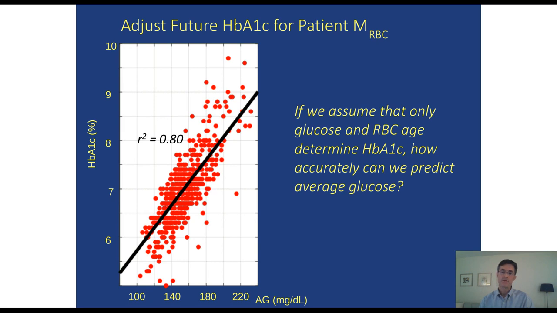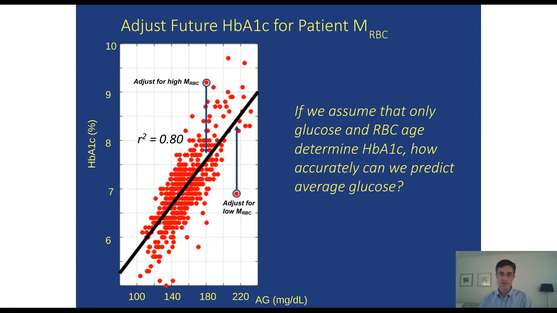cell age. So if we assume that only glucose and red cell age determine A1c and that nothing else has any influence, we can use the model that I described previously to predict the average glucose. And then we can compare our prediction to what was measured with the continuous glucose monitoring. So in this case, the individuals with low mean red cell age and high mean red cell age would have their A1Cs adjusted to match those that would be expected for someone with a mean red cell age equal to